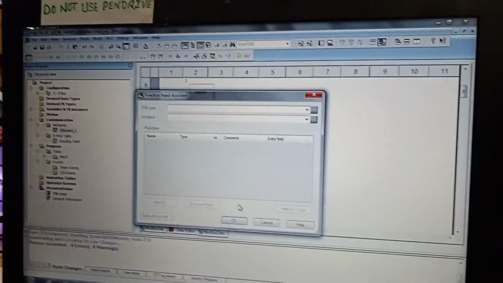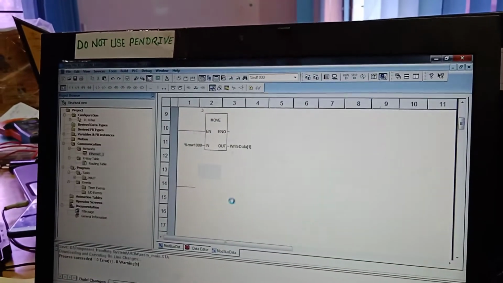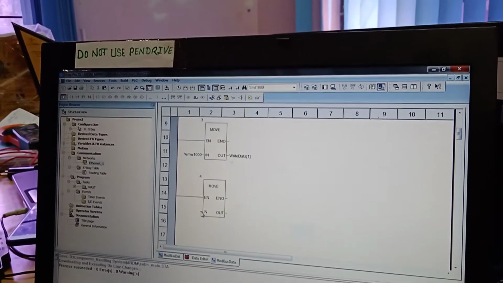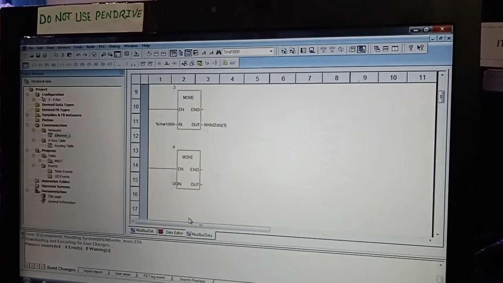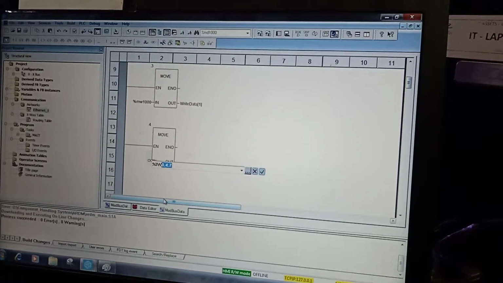So this is my move. Here I will give my %IW, this one.